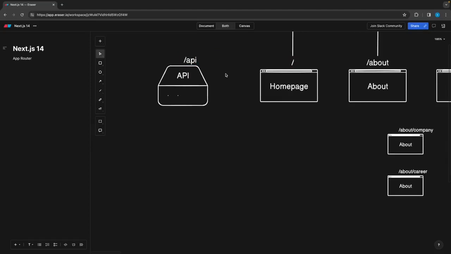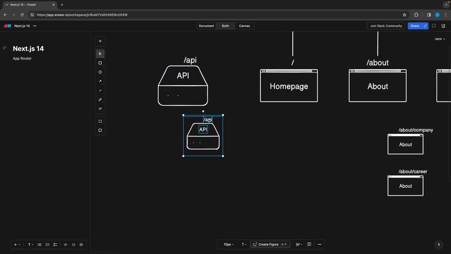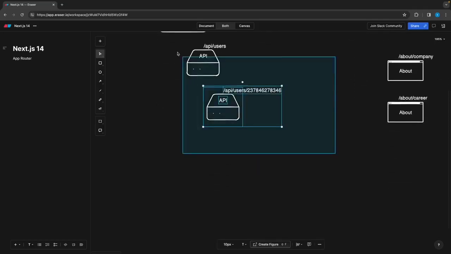And inside our API, we are going to have some endpoints like API and users, and inside users, another endpoint, and it's going to be API users and the user ID. So using this ID, we can get, delete, or update our user. And let's create one more,